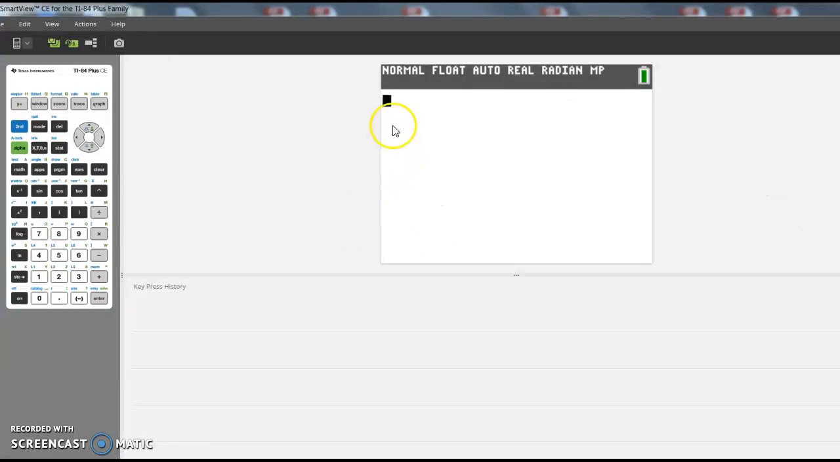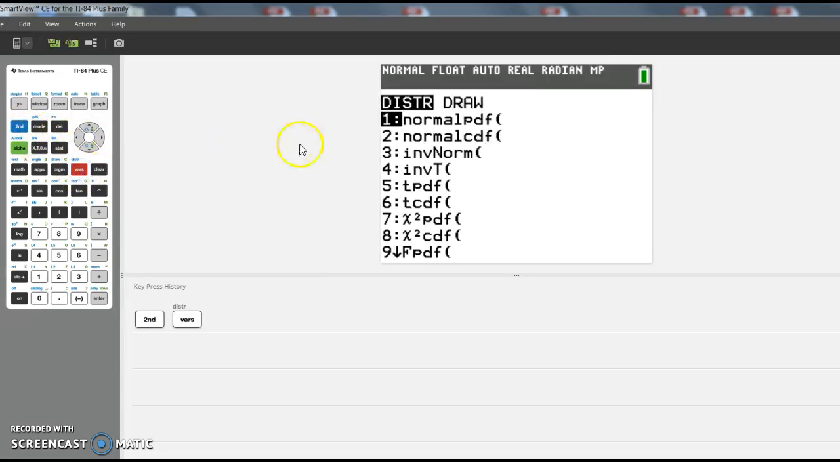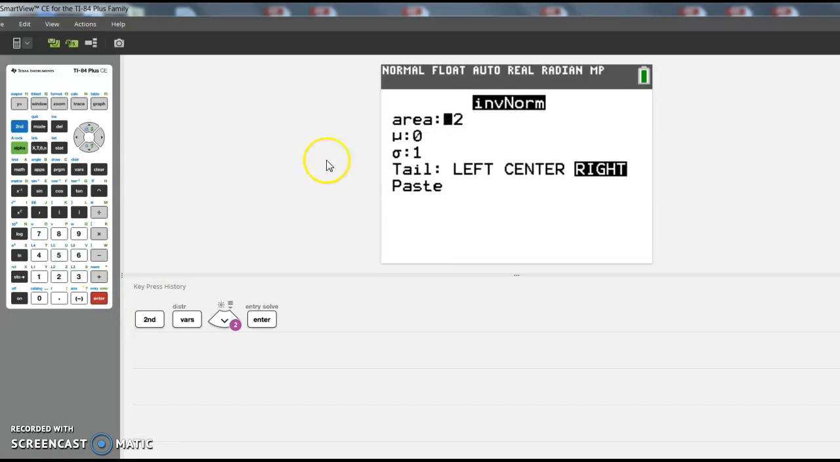But on yours, to find that 20%, we can go to second bars. There's our normal CDF. We're looking right here at inverse norm. If I go down to 3 and press enter, that percent we were talking about was 20%. For right now, let's leave the mean and the standard deviation at 1. And choose right, because our area that was shaded is right. This is what's different or more advanced on your calculator. Now if we go all the way down to paste and press enter,